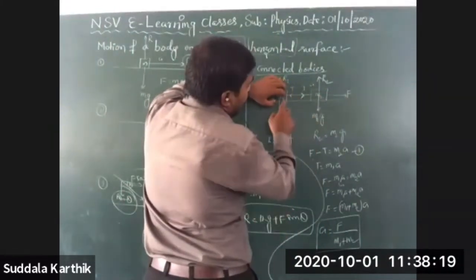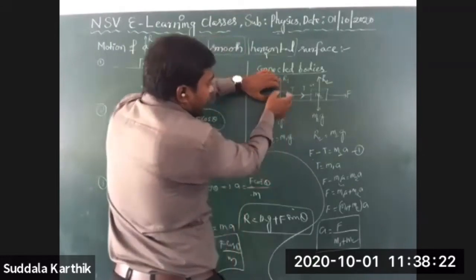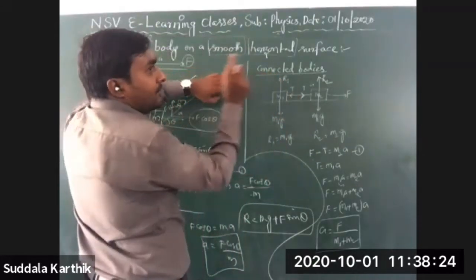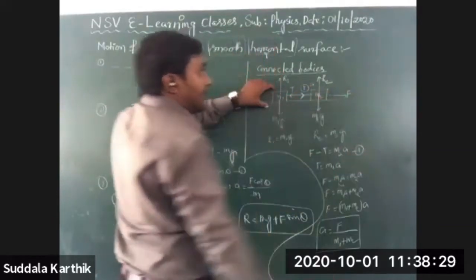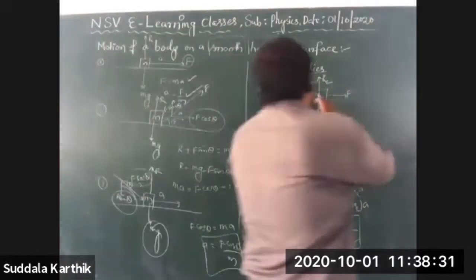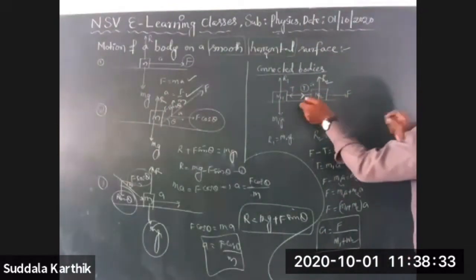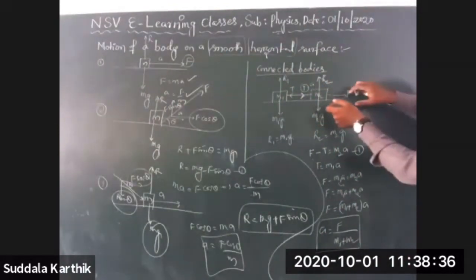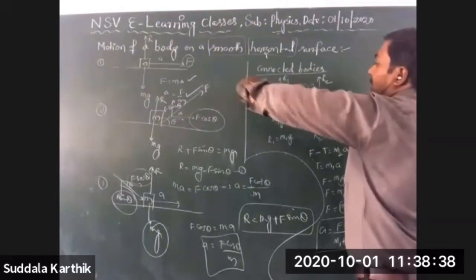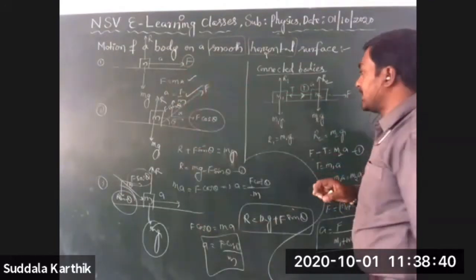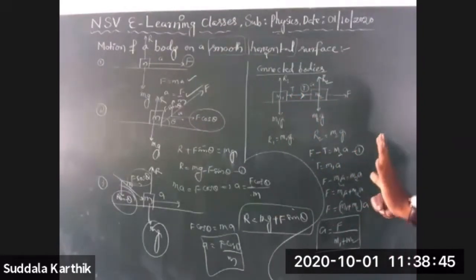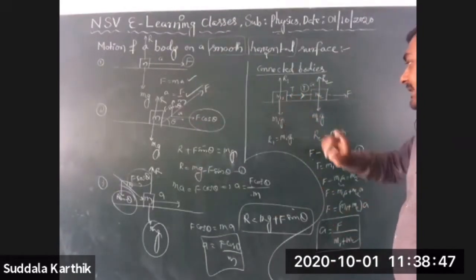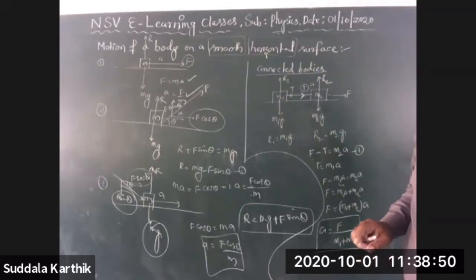Just as I attach the mass to this string in this direction, it is pulling in this direction. That's why some force is developed internally, and that tension is exactly in the opposite direction. Right now I attach one mass to the string. Definitely this is moving in this direction, and the tension is developed in the opposite direction. Both have the same tension T, and mass m1 is there, and m2 is there.